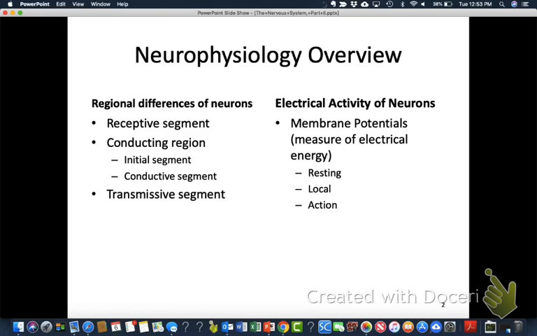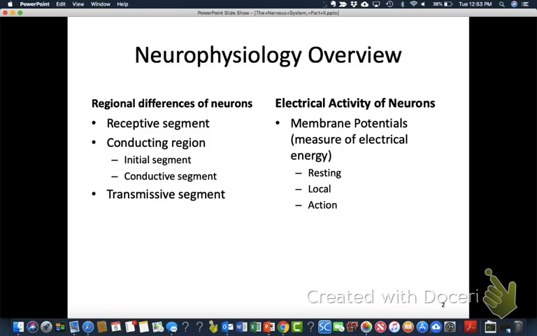The conducting region is the axon. The initial segment is called the axon hillock. We call it the trigger zone because that's where an action potential is going to start. A nerve impulse runs down the axon. When it gets to the transmissive segment, that's just the synaptic knobs or synaptic terminals where neurotransmitter is going